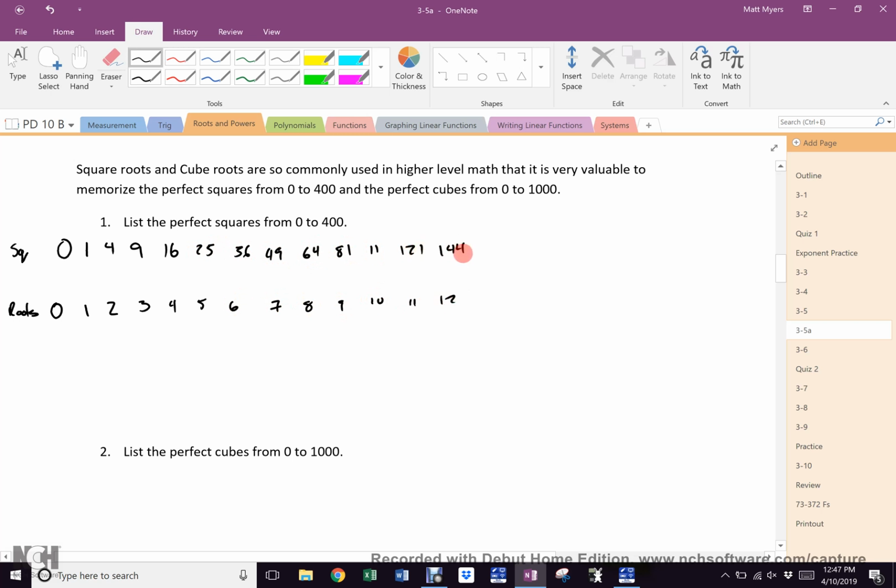Now, when you get to 12, most of you are going to be in trouble. Right? Most of you are probably going to grab your calculator for 13 squared. But you don't need to, because like everything in math, there's a pattern. Notice, the first perfect square is 0. What's next? 1. How much did I add there? 1. The next perfect square is 4. How much did I add there? 3. Then,